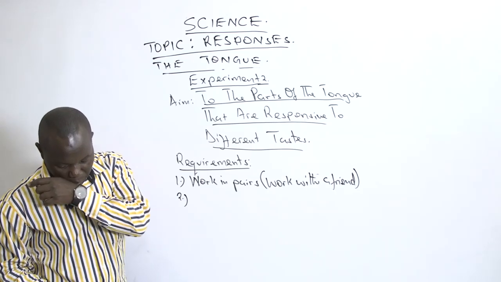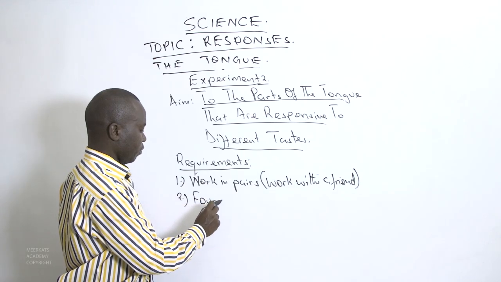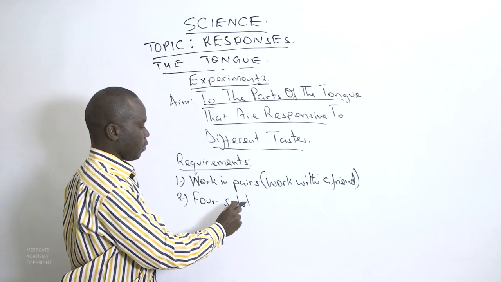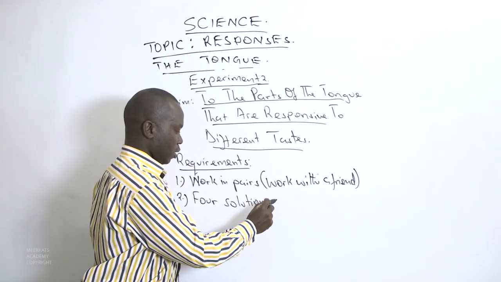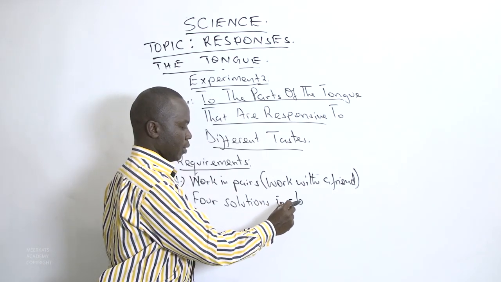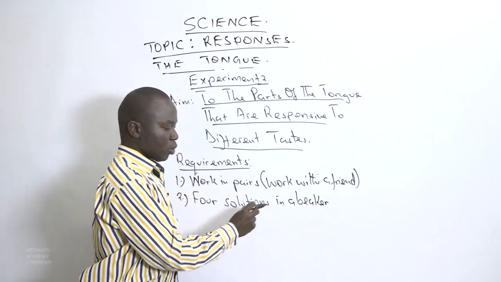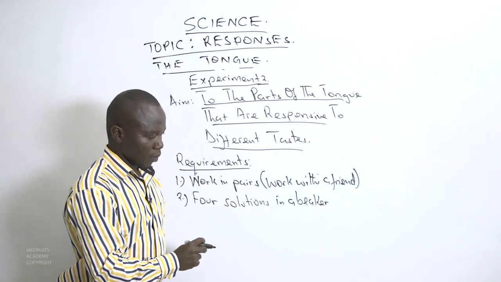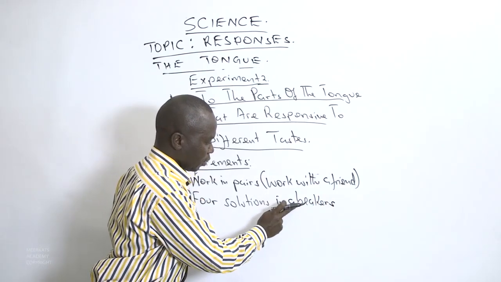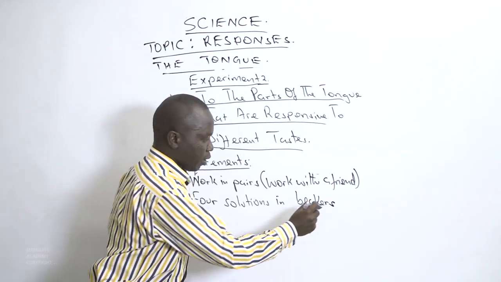Then you'll require 4 solutions in beakers, each solution in a beaker, and they'll include the following: